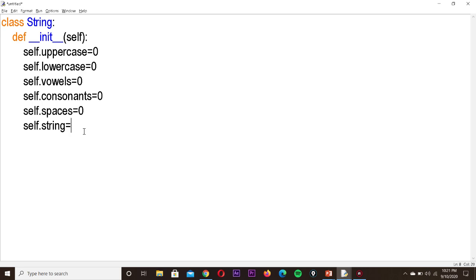So that should be initialized. So we have different variables initialized in this constructor function: uppercase, lowercase, vowels, consonants, spaces, because we need to count the number of uppercase letters, that is capital letters, and small letters. And we use one more variable to get the input, that is string.